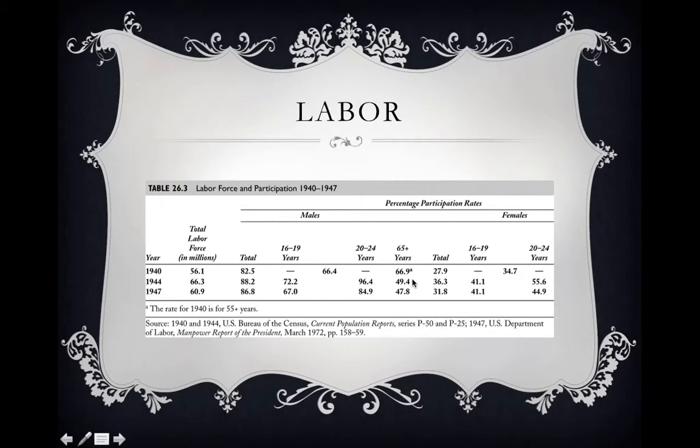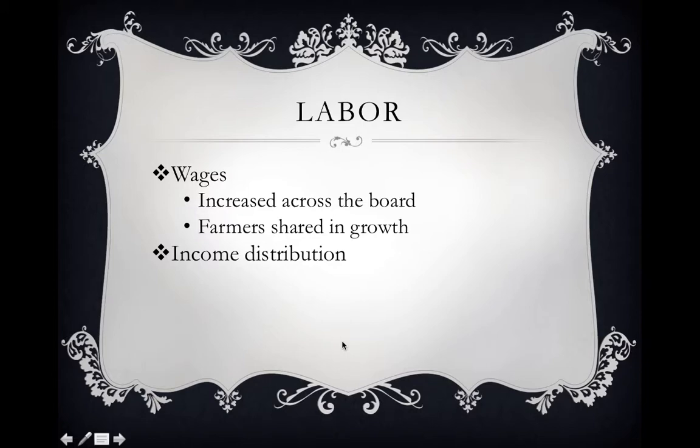Also, we can see that older individuals were getting involved in the labor force also. All right. But the other thing is, I want you to realize that in the 65-plus group, you see a dramatic drop from '40 to '44, mostly due to the impact of Social Security. Older individuals didn't have to work because of Social Security. All right. And females, well, I want you to realize that females became a much more important component of the labor force during that time period.